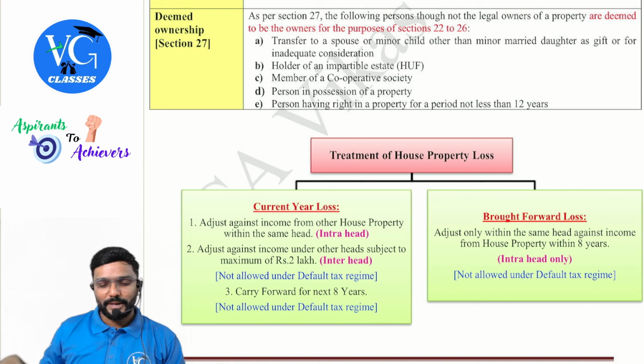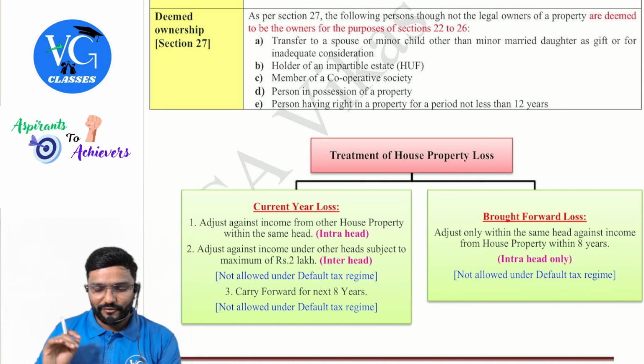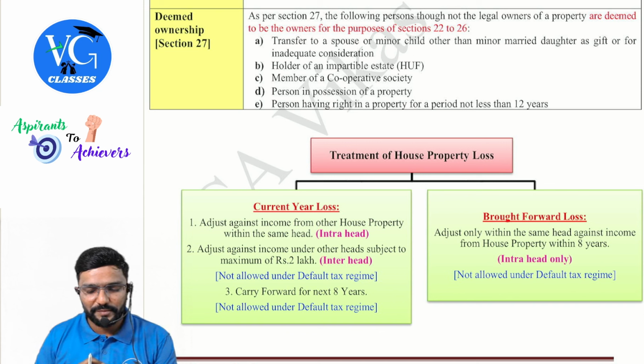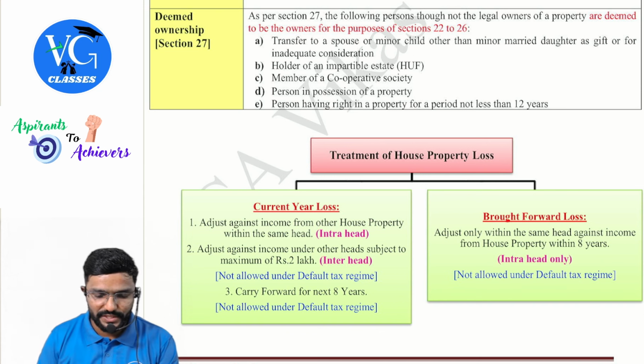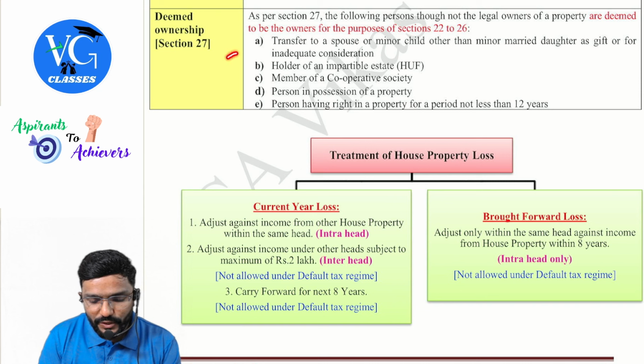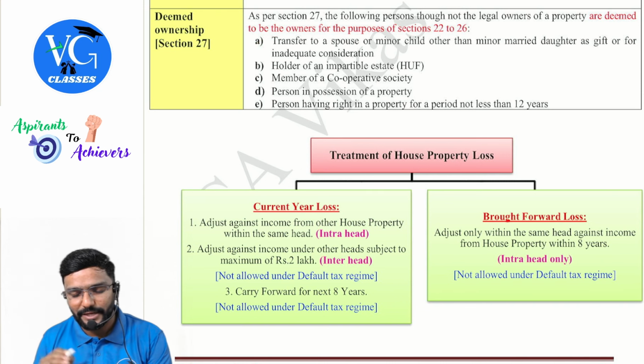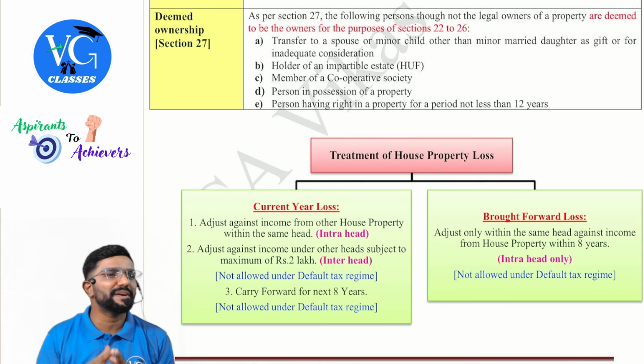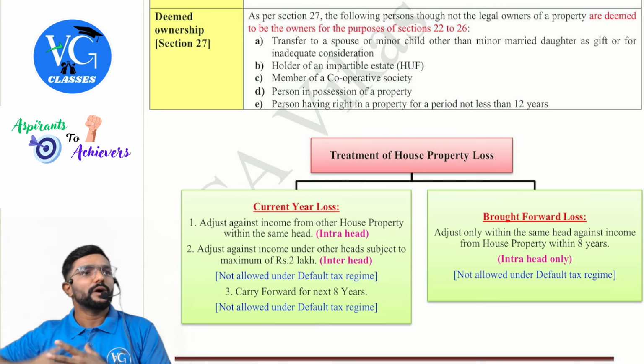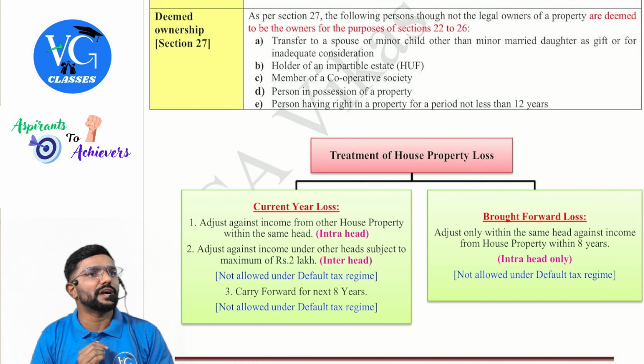As per section 27, the following persons, though not the legal owners of the property, are deemed to be the owners for the purpose of sections 22 to 26. What are those? Transfer to a spouse or a minor child other than a minor married daughter, as a gift or for inadequate consideration. If house property is transferred to a spouse or minor child other than a minor married daughter,